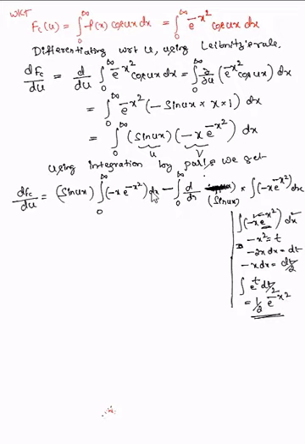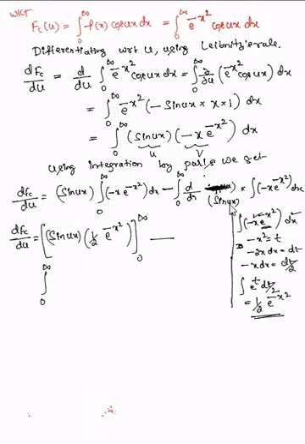I substitute that directly here. So we get dFc by du equals sin ux into the integration of this, which is 1 by 2 into e power minus x square. This is between the limits 0 to infinity. Then minus the second term. It is integral 0 to infinity. So here d by dx of sine. You know d by dx of sine is cos.